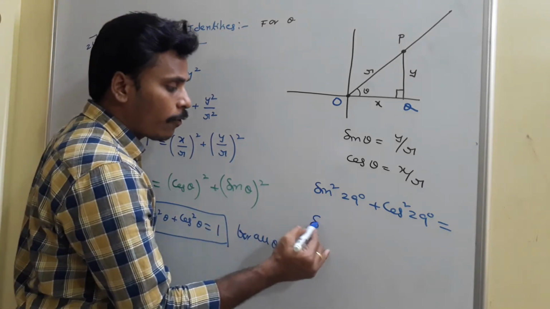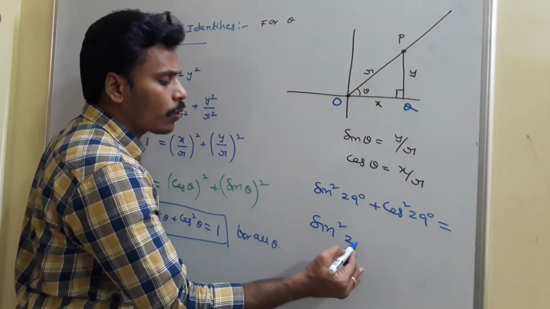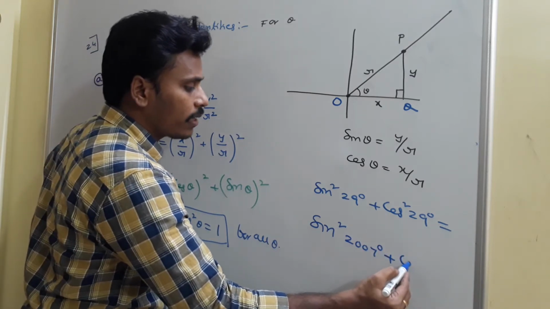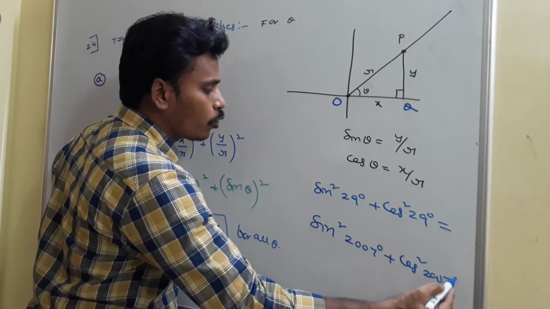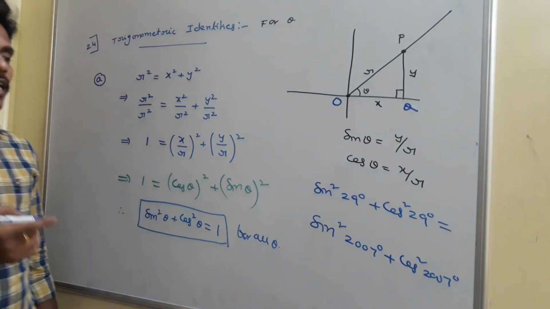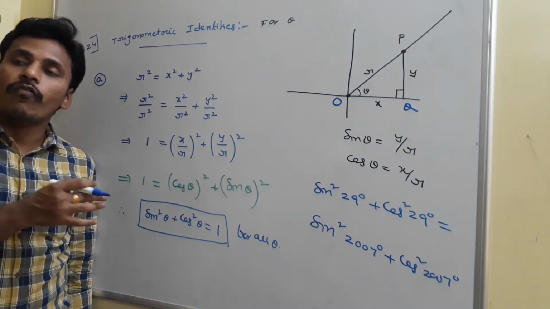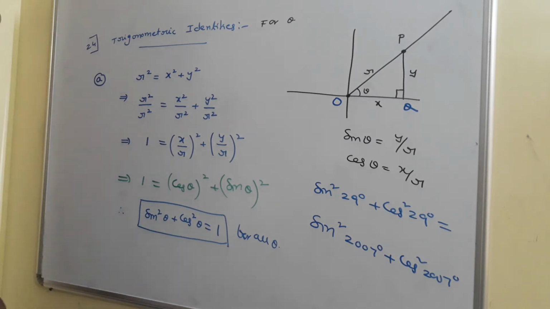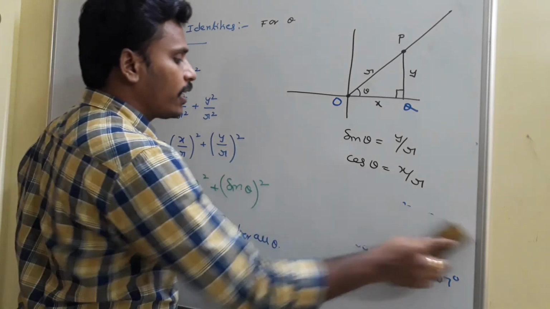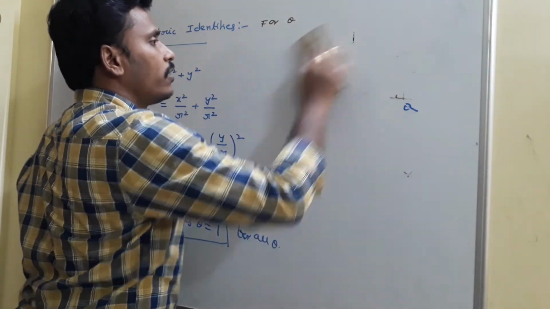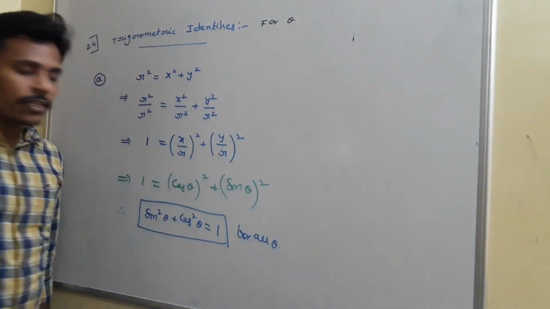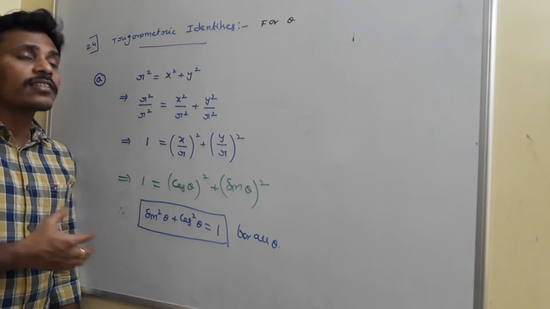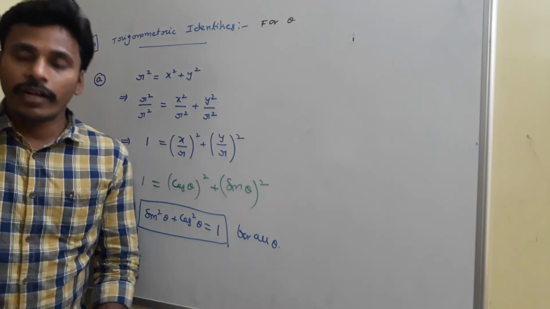Suppose I take any angle, sin² of 2007 degrees plus cos² of 2007 degrees. See, the angle is the same in both cases. Sin² of the angle plus cos² of the angle is always 1. So at the end what we have? Sin² theta plus cos² theta is equal to 1. Using this, there is still something to generate different identities.